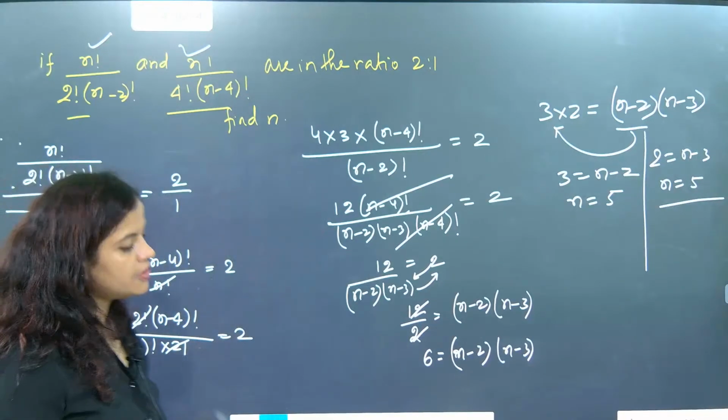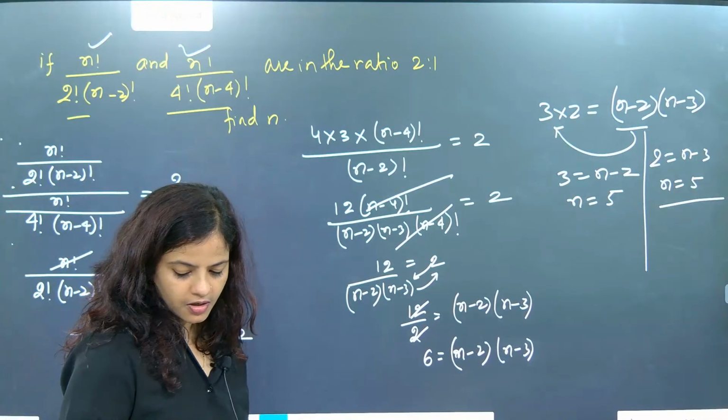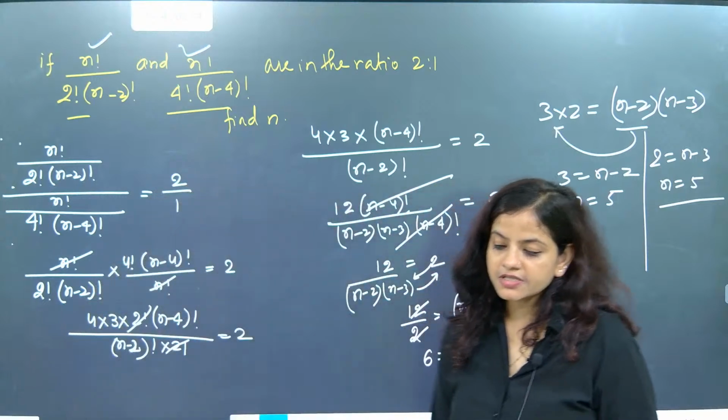So till here we have solved. n is coming as 5. So once the answer is coming as 5,